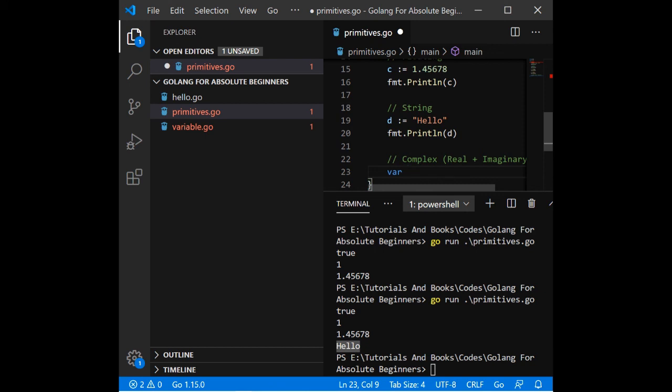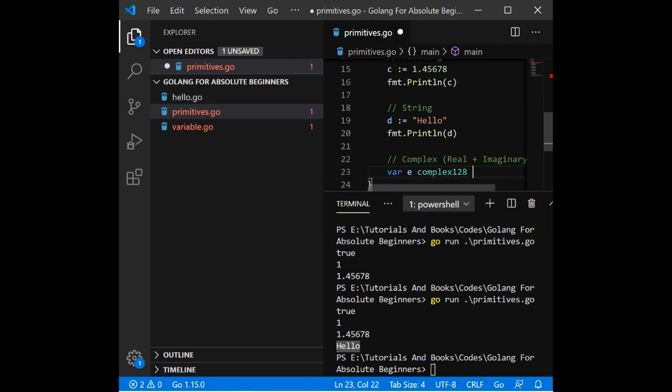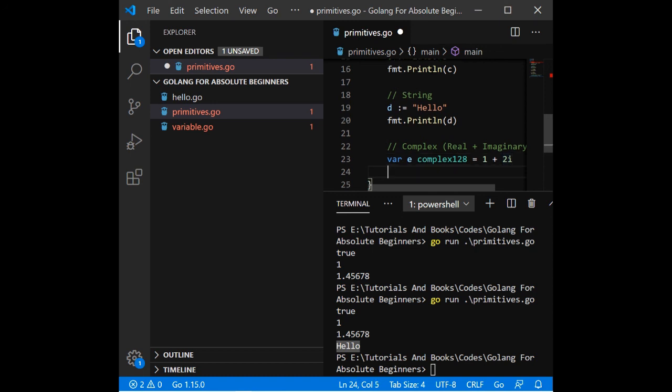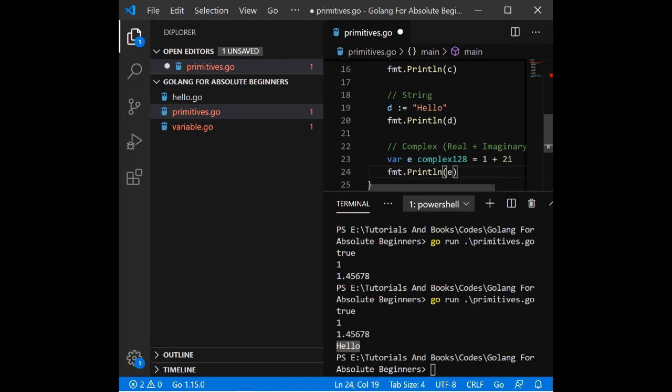So I am creating a variable e, and I am assigning it a complex type, and I am initializing it with the value 1.1 plus 2i. The i is the imaginary part and 1.1 is the real part. And let's see what it prints in the console.